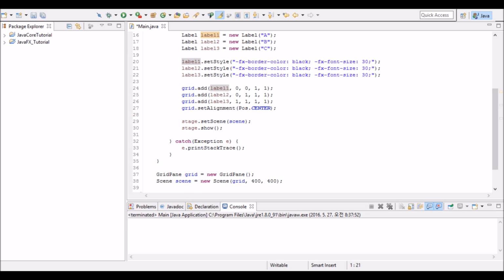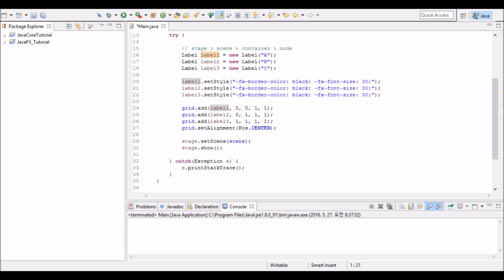And let me talk about the span. Span is like a length. So 1 column span means label 1 can only take 1 column cell. But if I change it to 2, that means label 1 can take up to 2 column cells.